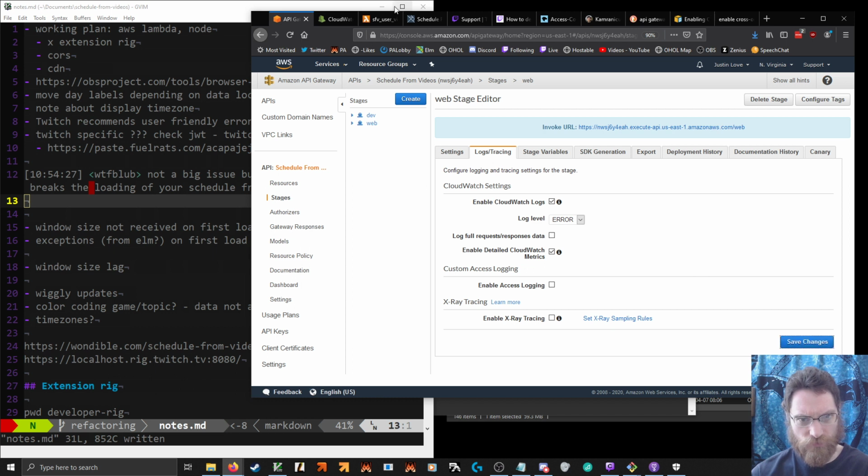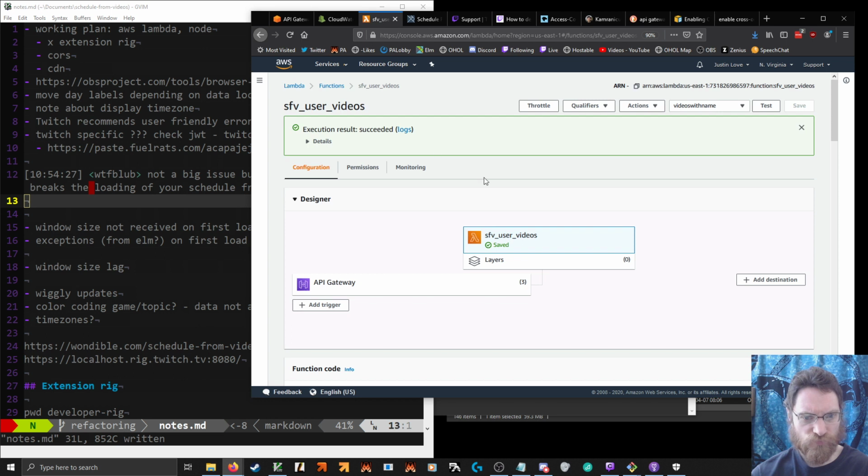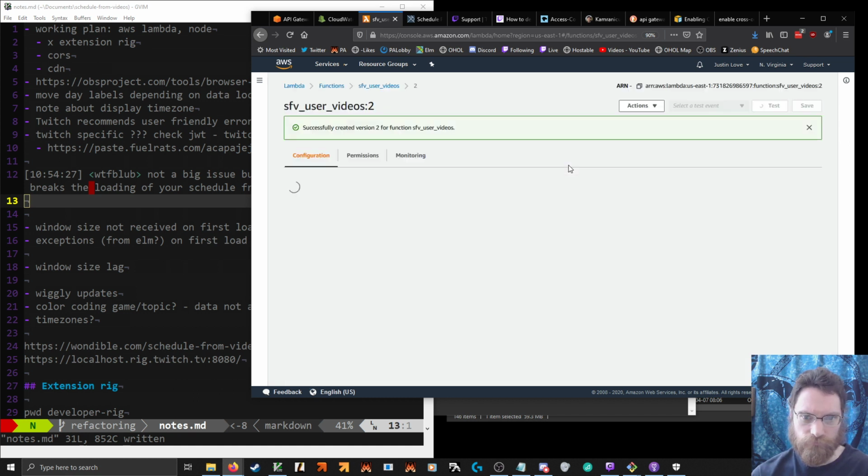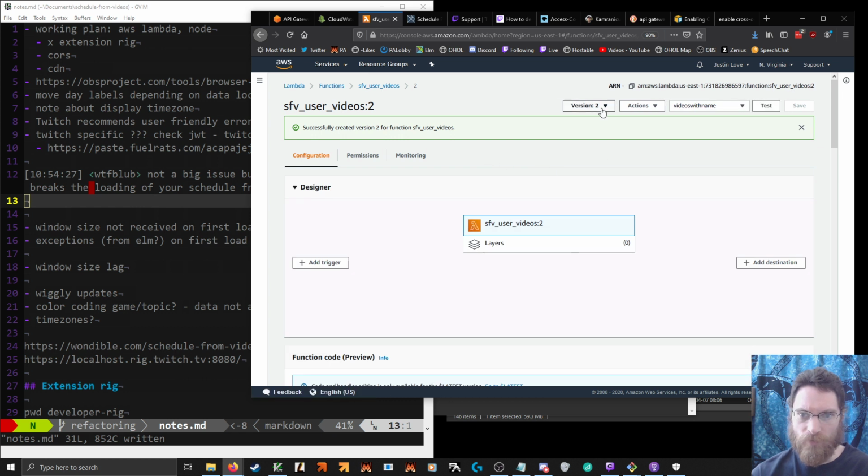Now for web, we have at least this. So we updated this code. I don't think there's anything that needs to change here. Oh no, the version is optional. Okay, so version 2, aliases, web.